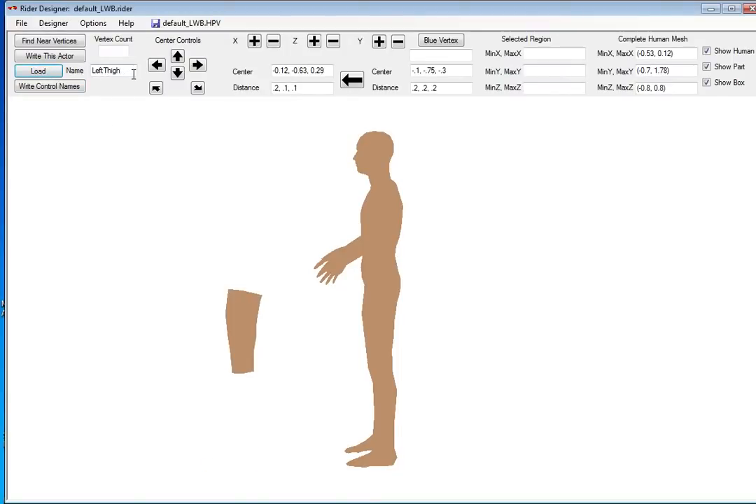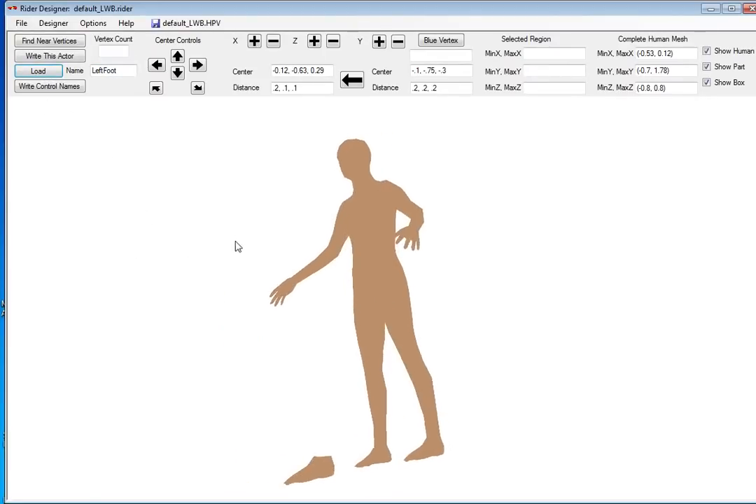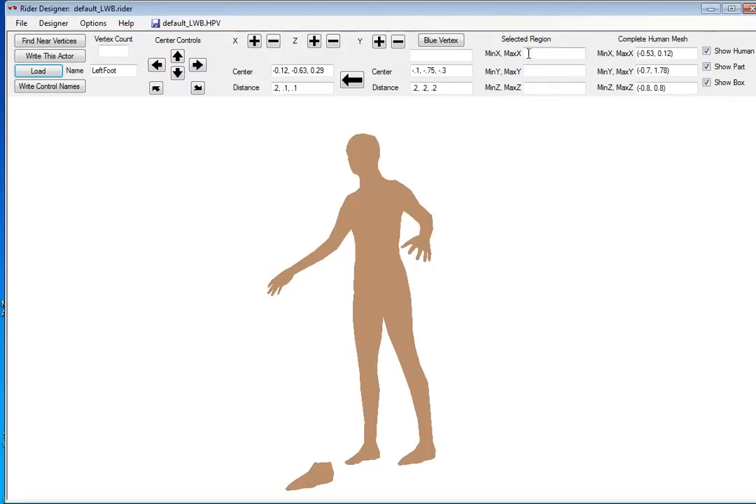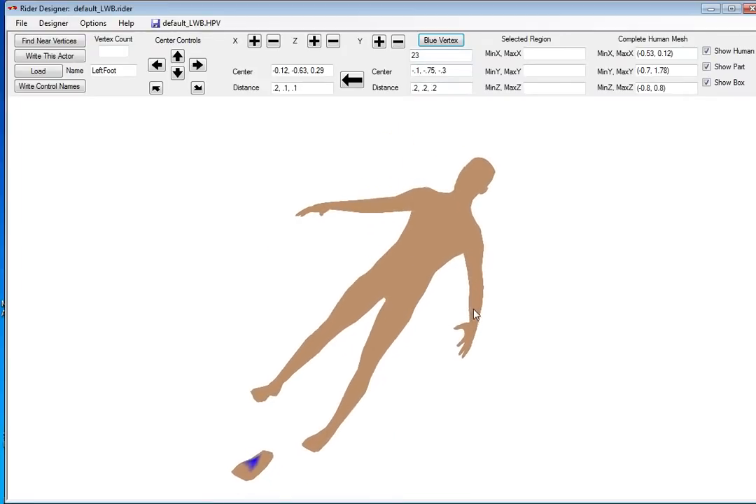There's the left thigh. I'm going to go back to the left foot and load it. And I'm going to spin around so I can see the foot a little bit better. I'm going to start clicking blue vertices. Let me get one out here, it's easy to see. There we go. What it did was make the point that is exactly right there